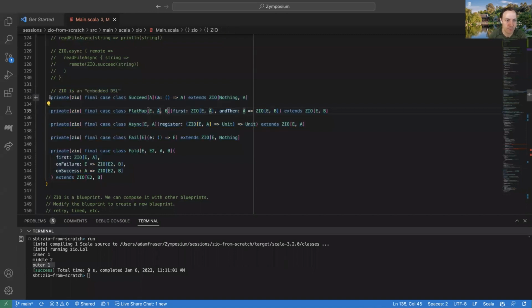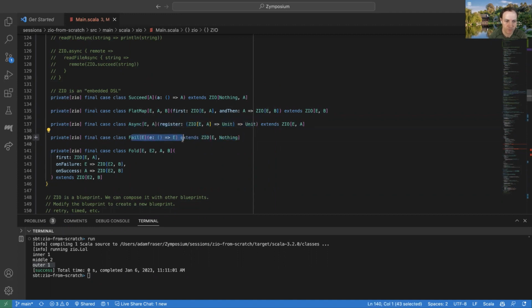And so it basically says, well, you can take any value you have, and you can create a workflow that's just going to return that value. You can compose these workflows sequentially. So you can say, run this workflow, and then use its result and run this other workflow. You can take some asynchronous callback-based code and you can import that into a workflow.